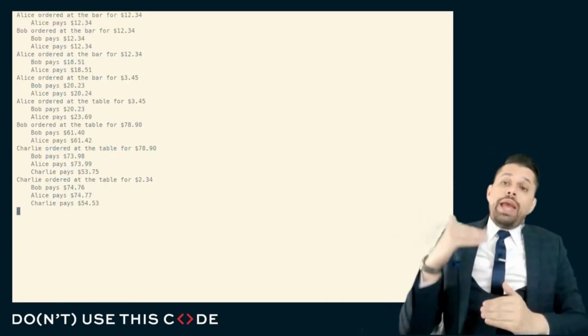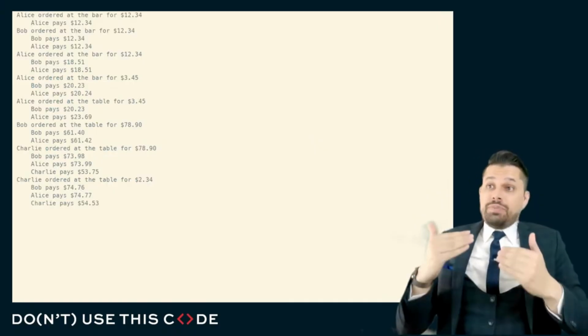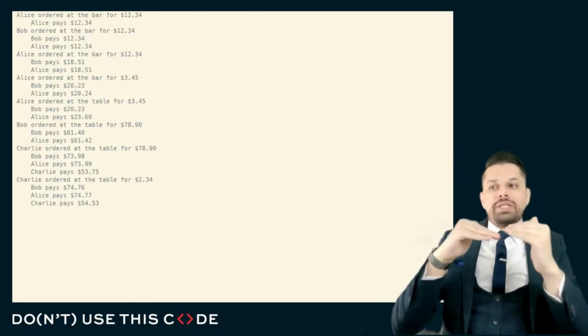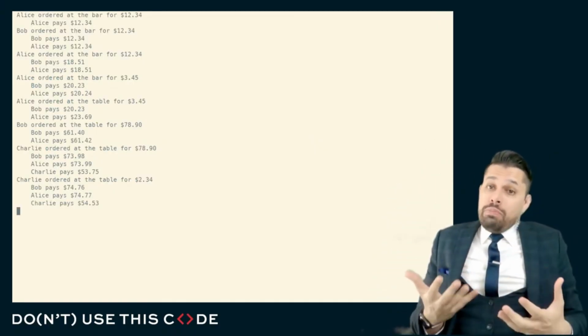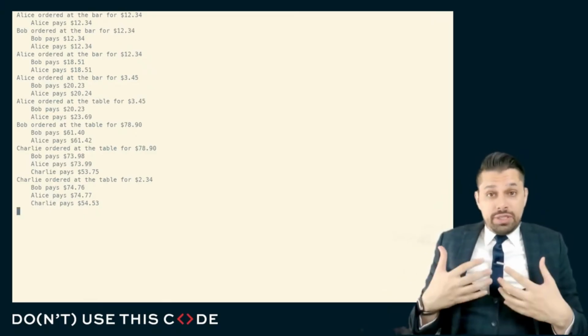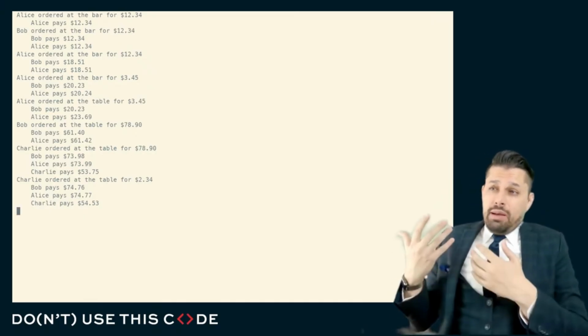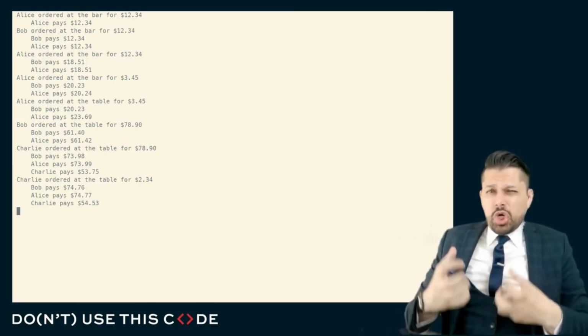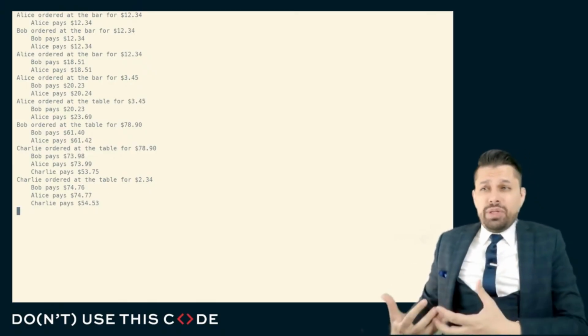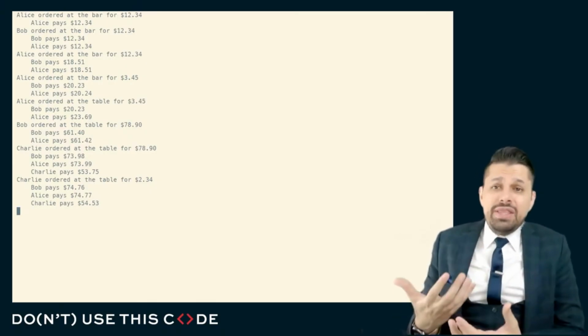And you can see we actually get some additional functionality out of this. Specifically, we can see how the bill is split up over time. We might even be able to argue that this gives us some additional correctness, because from the way this code is written, Charlie can't pay any portion of the bill until Charlie shows up in the orders.